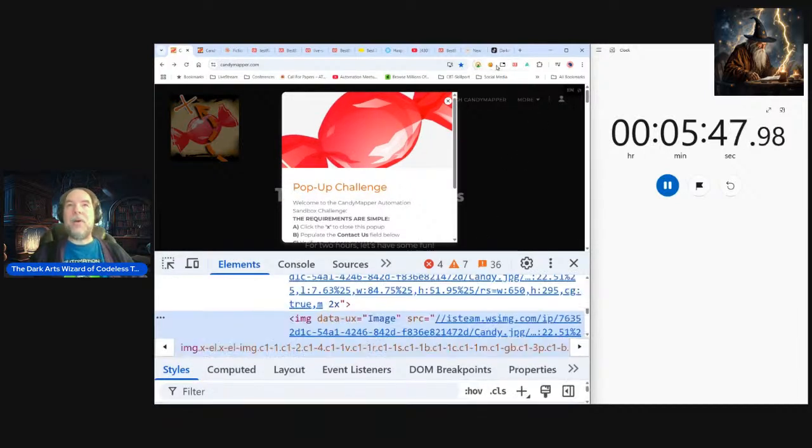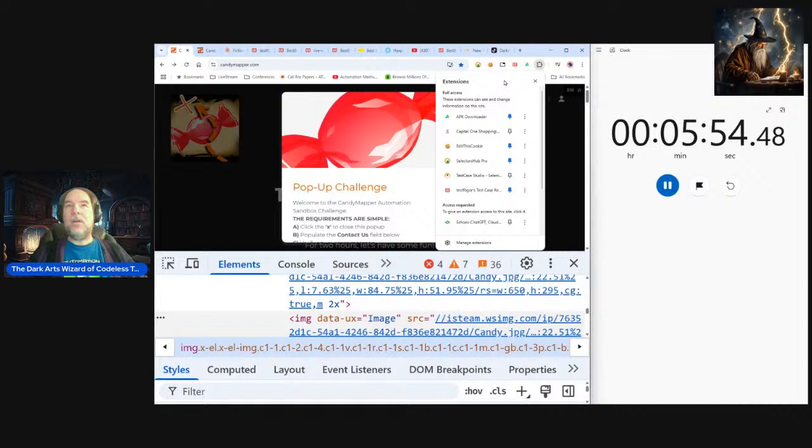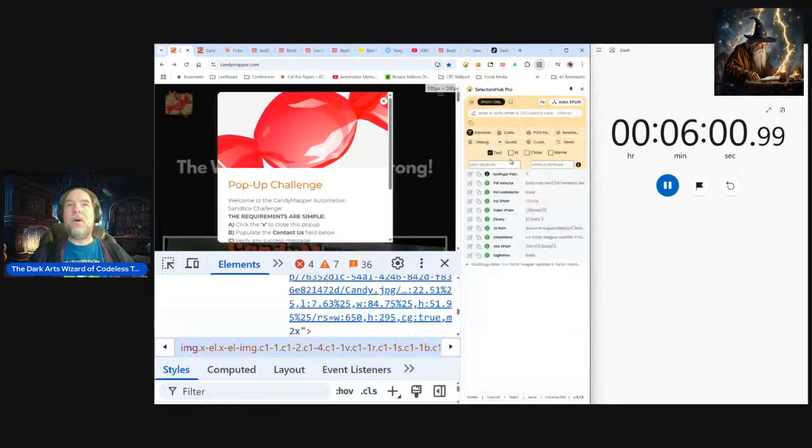Now there's something I want to tell you guys about. There is a tool out there that I use, and it is called Selectors Hub, which is this guy over here. Selectors Hub Pro. And what it does is it gives you a list of all sorts of things. And in fact, if you're writing stuff in Playwright, Playwright is listed right there. If you're writing stuff in TestRigger, TestRigger is right there. And whatever automation tool you're using, just don't do an absolute path because you don't want to do that.